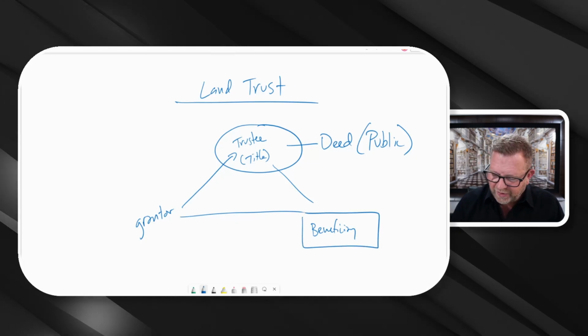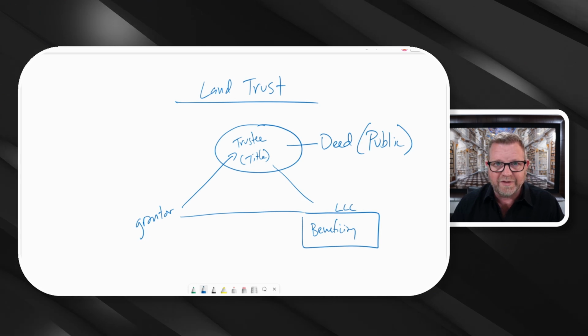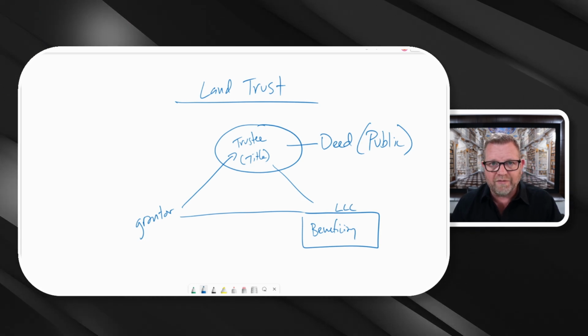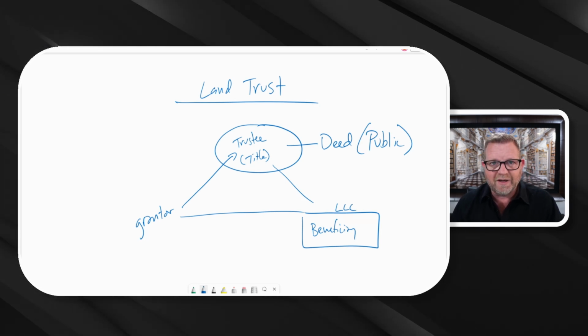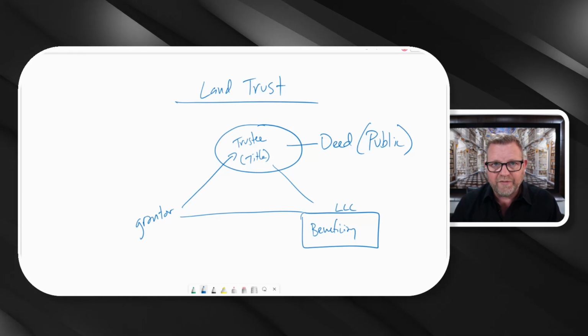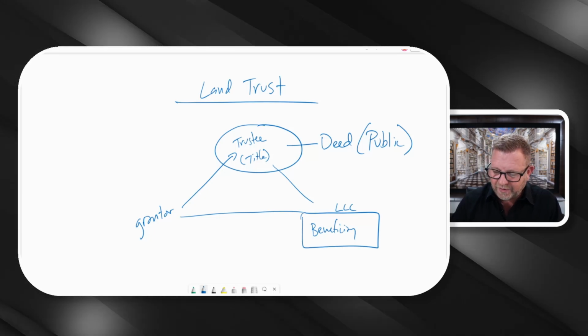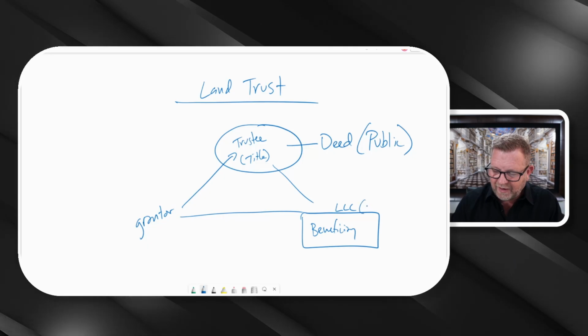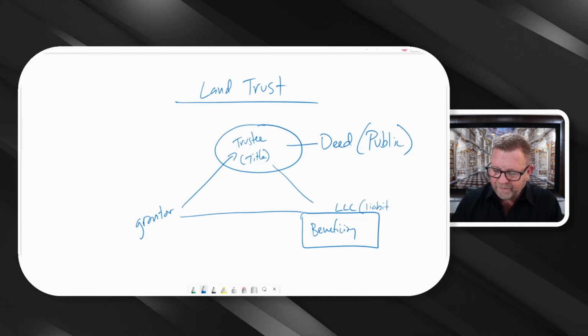That beneficiary, you could very easily make that an LLC, or if you're in California and you don't want the franchise tax, you can use a Wyoming statutory trust or things like that. But it's a very effective way to isolate the liability. So we use the LLC for liability,